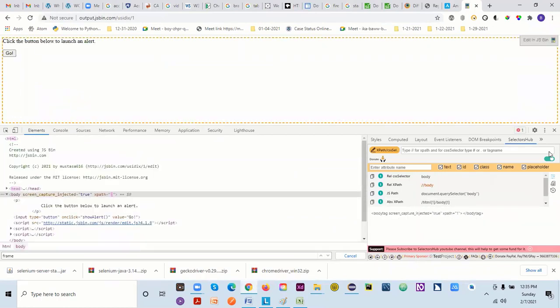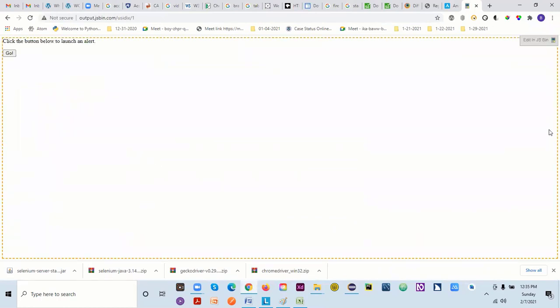So here this is my one page. Okay. See, again, I'm telling you, even if you use this code anywhere, wherever you are dealing with the frame or alert, you can use it. Same code will work there. You have to only change the locator because, see, definitely a different page will have a different locator, right? That you have to change.